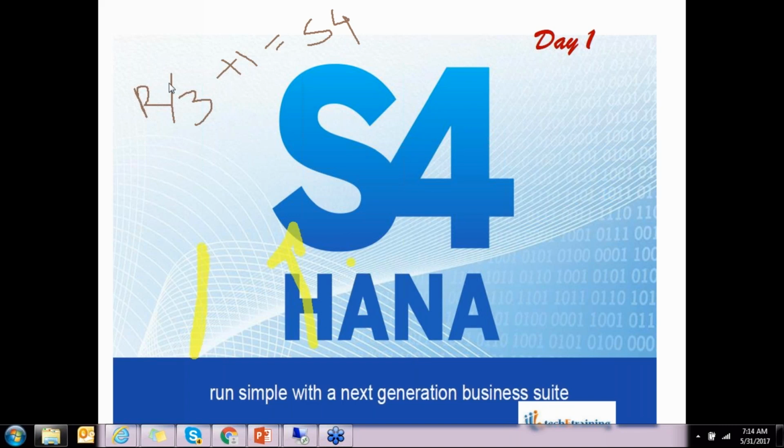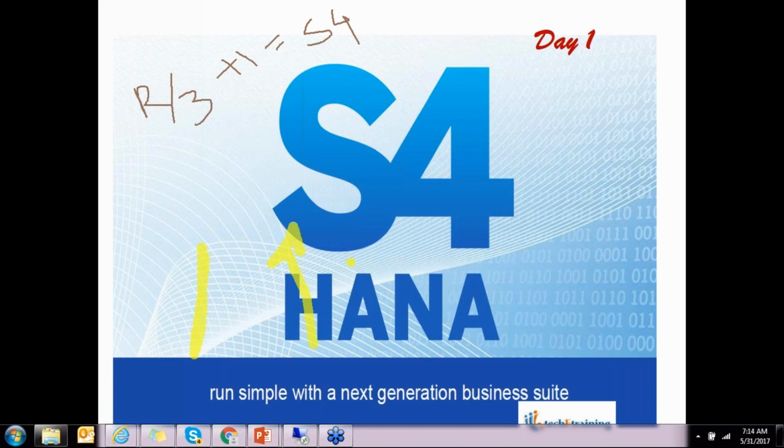Is everybody able to see the screen? Kapil, Srinivas Reddy, Amal, everybody, just check from your side.